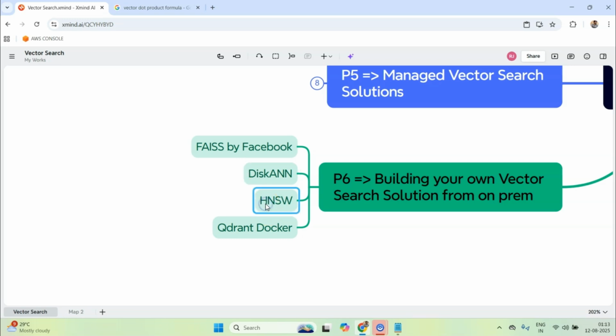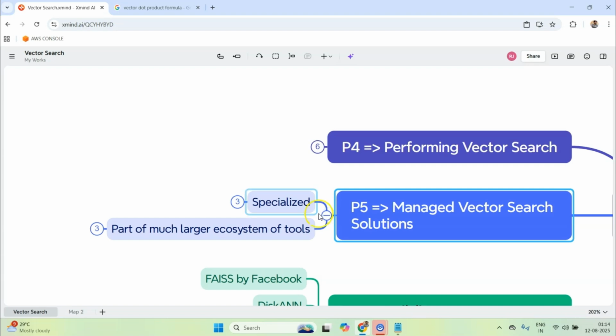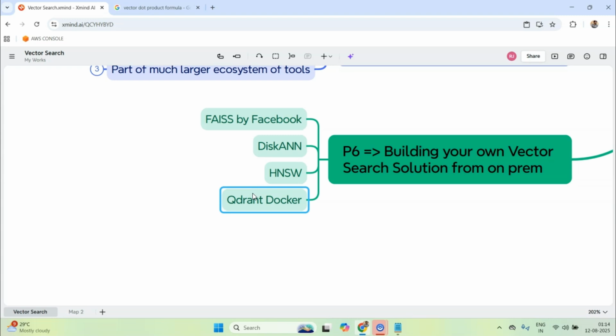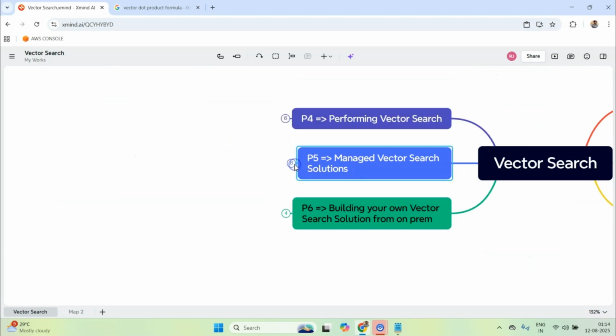And then there is this graph-based algorithm to build your index. Now I'll talk about index in a moment. And then Qdrant is a much more sophisticated option, although Qdrant also has a managed solution if you want to go for that, but they have also open sourced their software so that you can run it using maybe a Docker container or download it and run it some other way, and then you can interface Qdrant with maybe a Python API. Okay, so this is how you can do this.